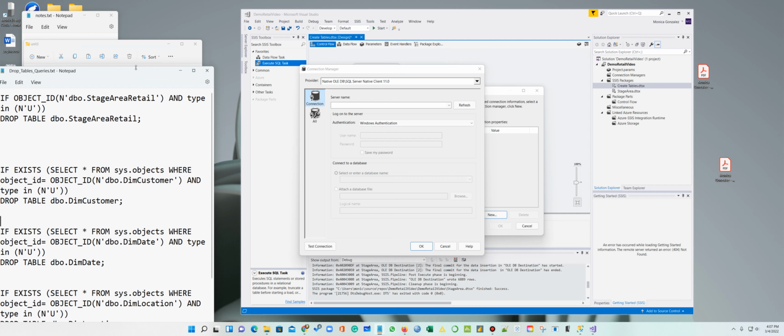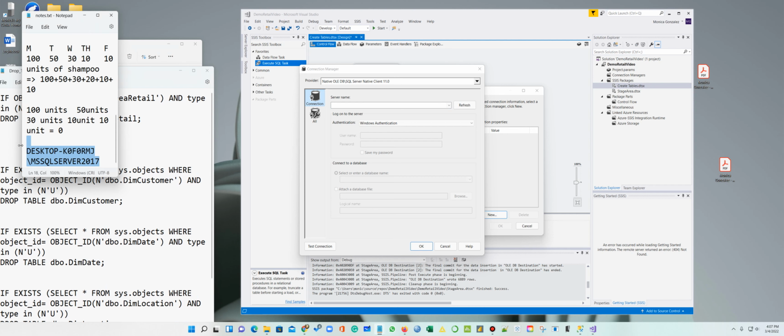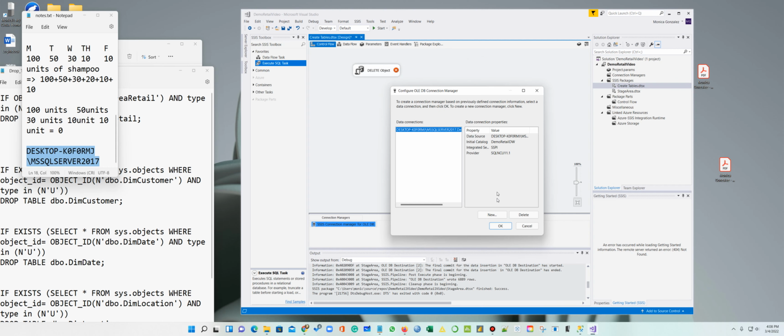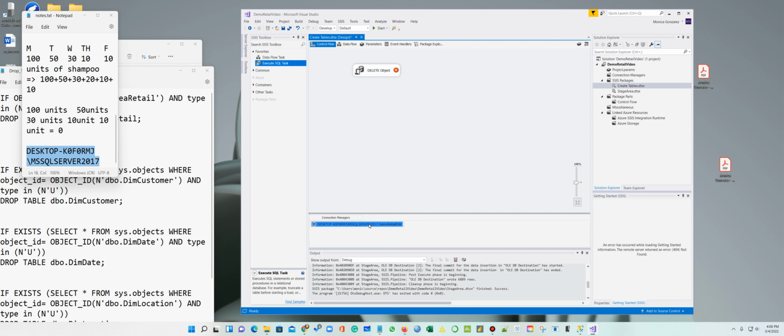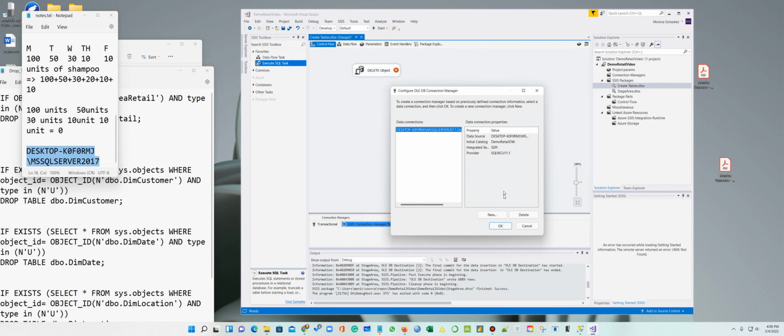Oh, the server, notepad, copy, paste. No, it doesn't want to paste because it doesn't like me. Copy, paste. Oh, thank you. And we're gonna do demo retail. Okay, and okay. And we're gonna say okay. And we're gonna call this transactional. Transactional. Perfect. And then we're gonna create a new one, and we're gonna call this